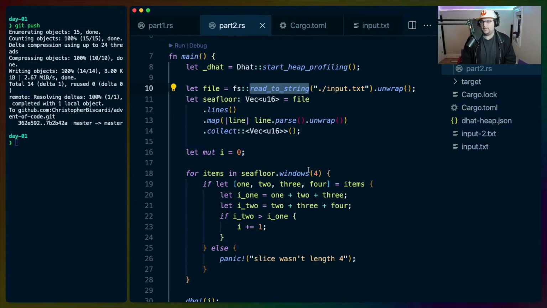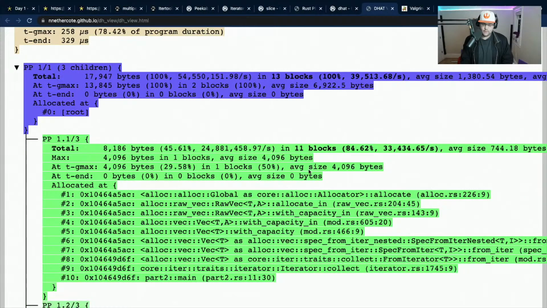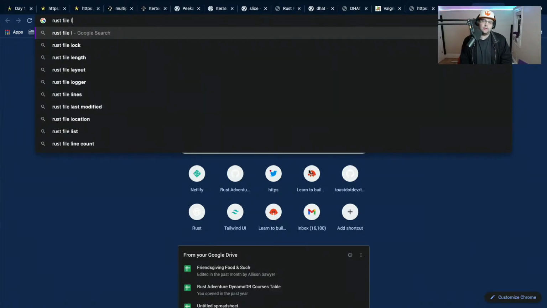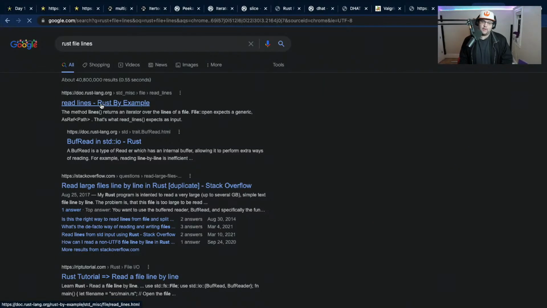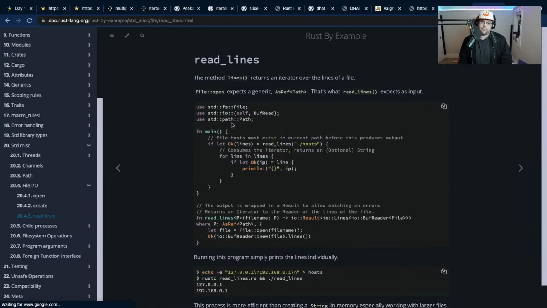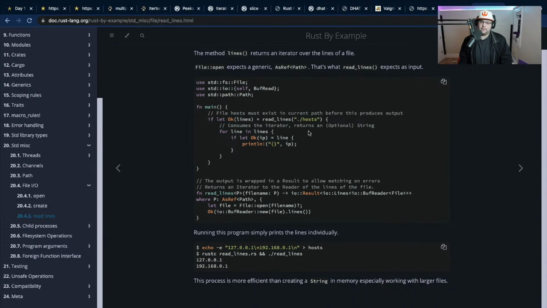I wonder if we can get the total allocation down. So if we do Rust file lines, read lines, we can read lines without actually, but we still have to allocate everything into that vec because we have to iterate over the whole thing.